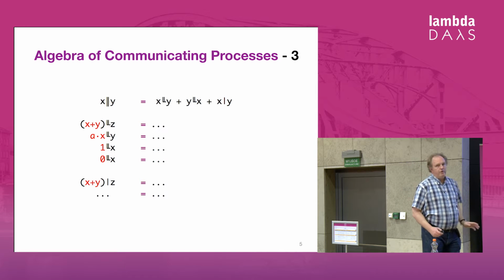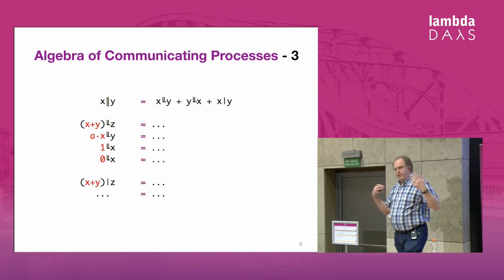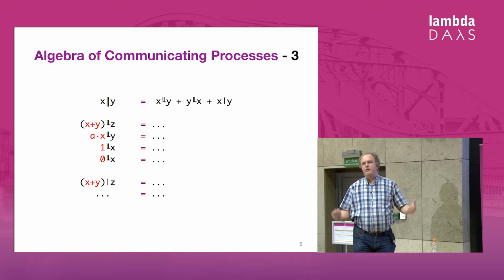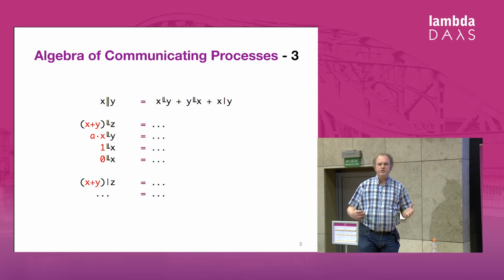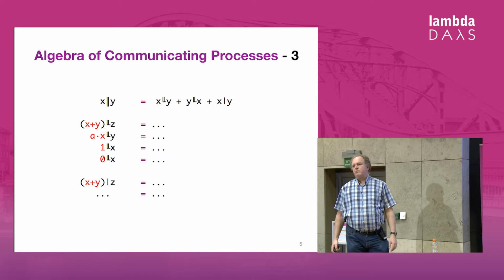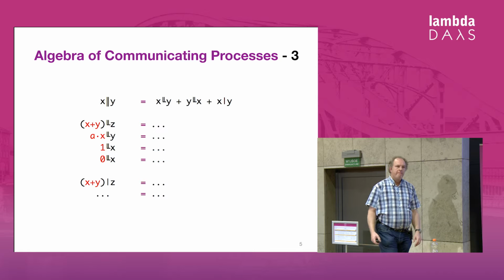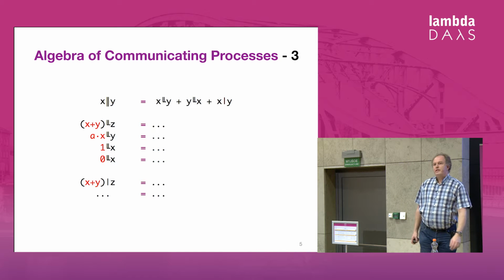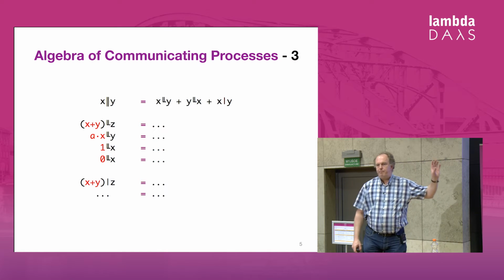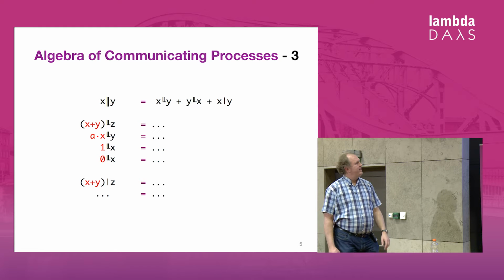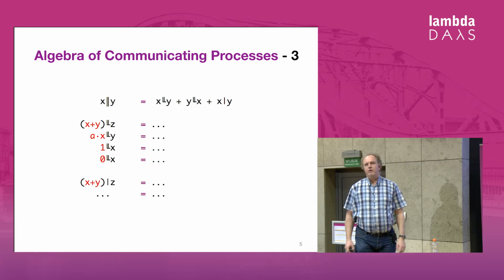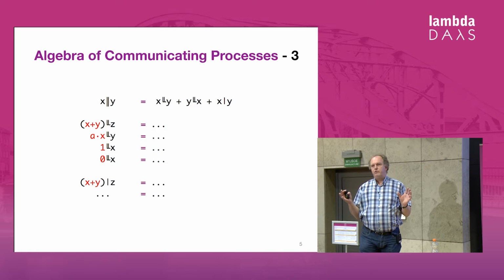Now, what can you do with the theory? You can reason about things and prove that there is a deadlock in a parallel system. In practice, that works, but it is quite hard. So there are some papers written about it, and it's not really easy stuff. Personally, I use the ACP in an easier way, just as a formalism to express these things like choice and parallelism in a more basic way.